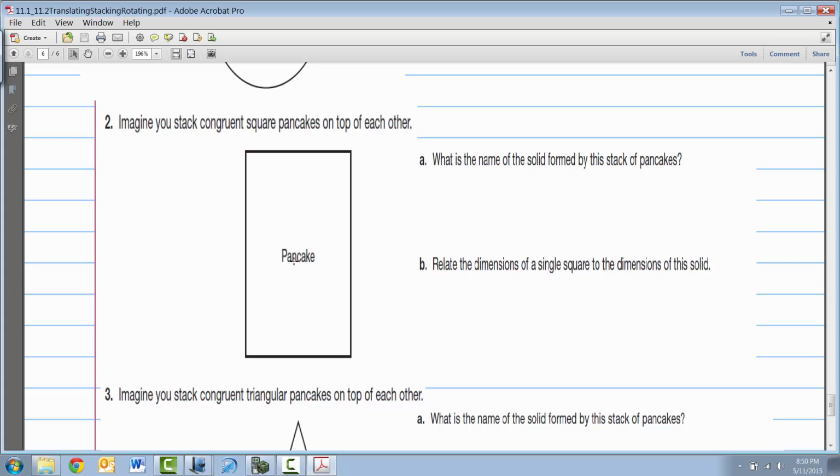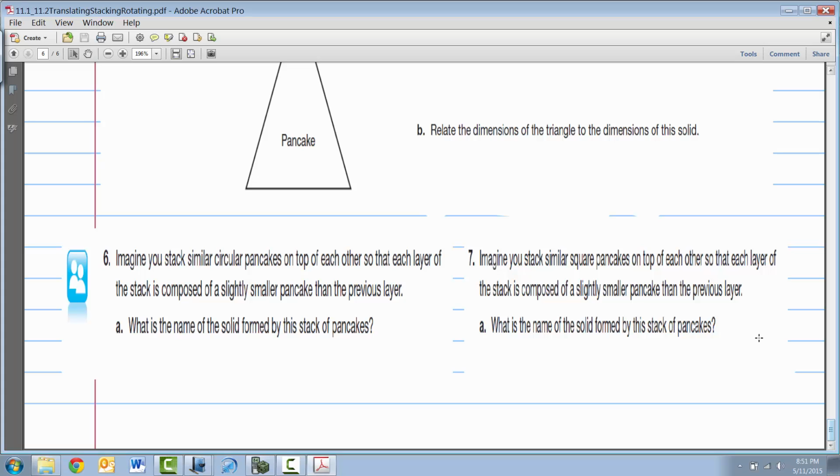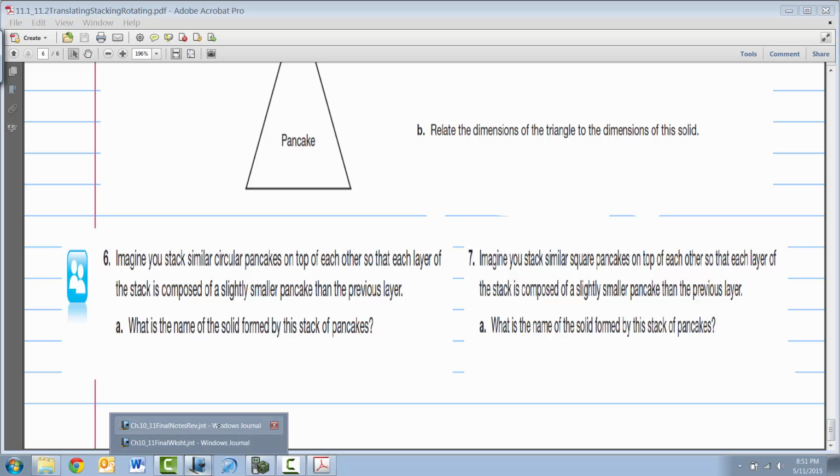Stack similar ones, then what do you get? As the pancakes get smaller and smaller as you stack them, this is what we really did well with. And then this last one, there are the triangular pancakes. If you stack those on top of each other, same size, you would get a triangular prism. If you make them similar, meaning the pancakes get smaller and smaller until you get like a little dot at the end, that would be a triangular pyramid. Okay, so I just practiced all those names. So the reason we need to do that is